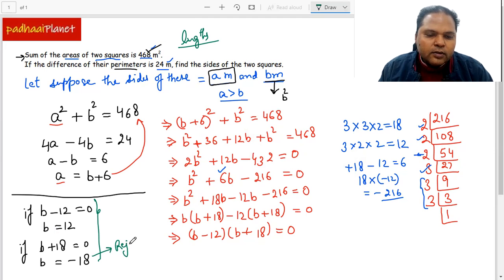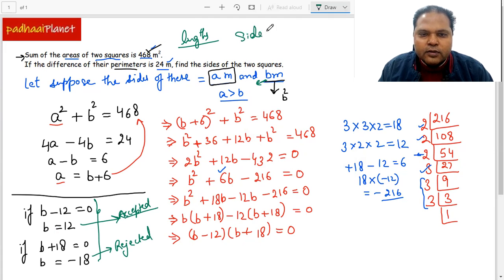This is rejected, and this value of b is accepted. B was assumed as the side of the smaller square. So the side of the smaller square is equal to